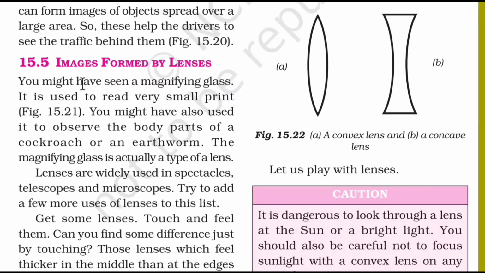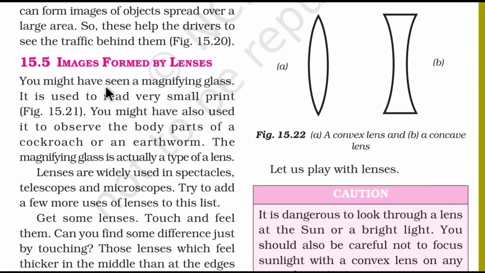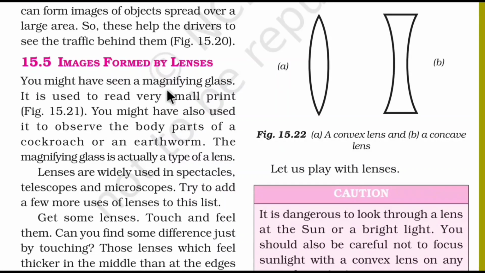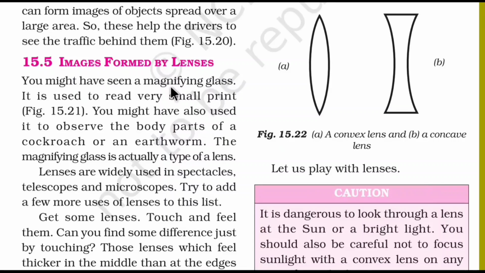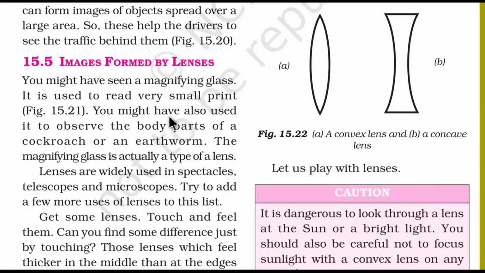And dear student, you already have the idea how images are formed by the concave mirror. You know there are several cases according to the object position. The image will be formed by the concave mirror at different positions and the natures will be different. What we got for the case of the concave mirror, the same cases will appear for the case of the convex lens and vice versa. The lenses are generally of two types.